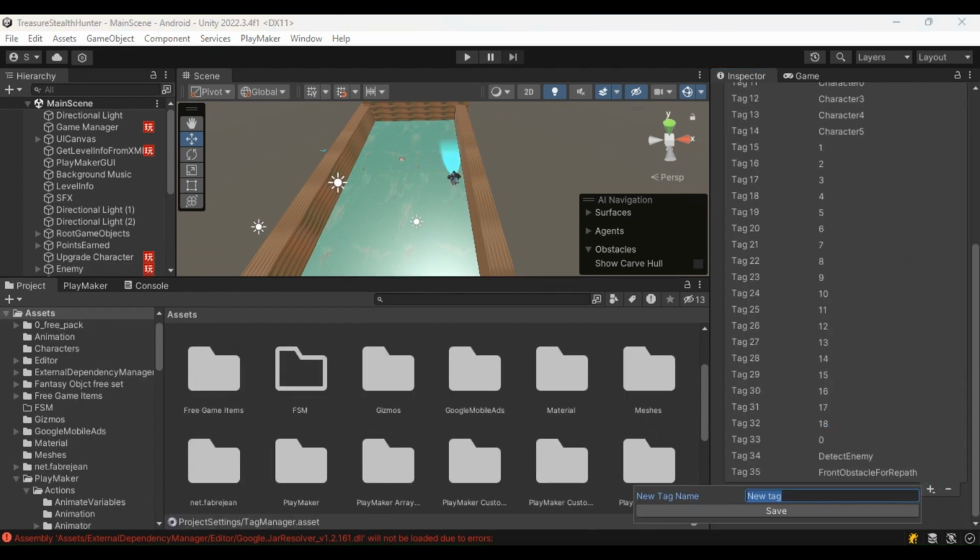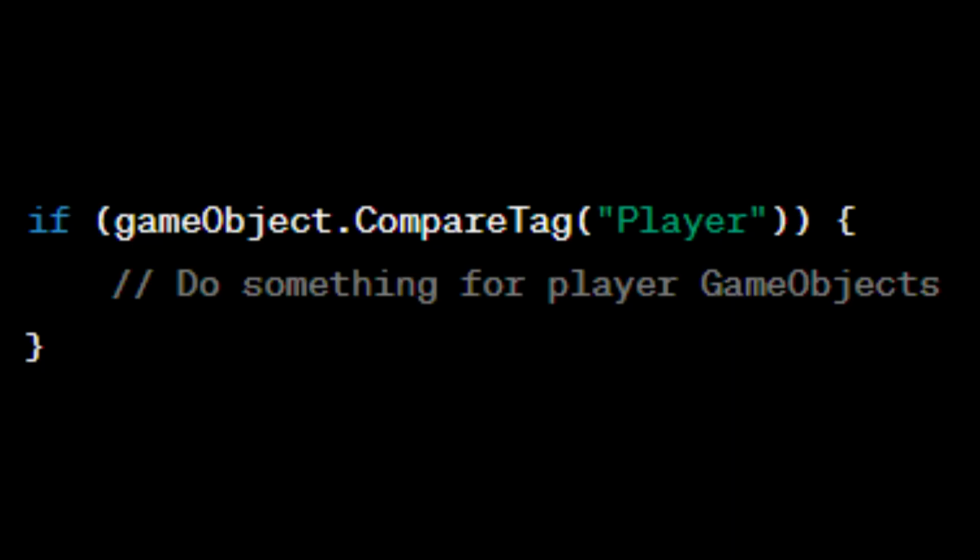Using tags in script. In your scripts, you can use the GameObject.CompareTag method to check if a GameObject has a